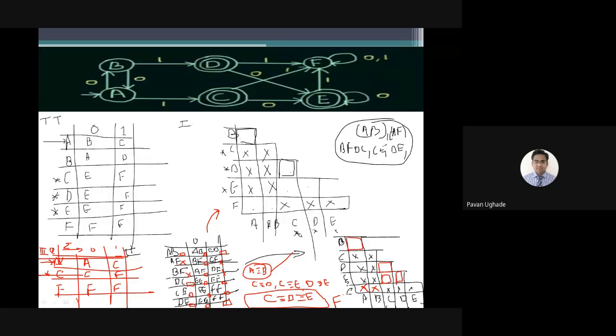This is a continuation of step 3, the transition diagram. Now I'll explain how these are equivalent. That is why I'm writing on the same page. A, which was the initial state, then C, and I'll make F here. This is the final state. A over 1, A over 0 is A. Then C over 0 is going to itself, and C over 1 going to F, and F on 0 and 1.